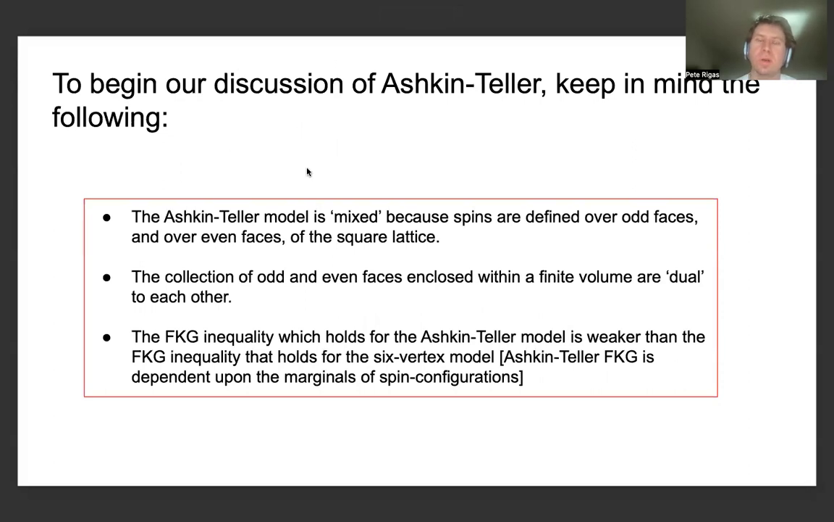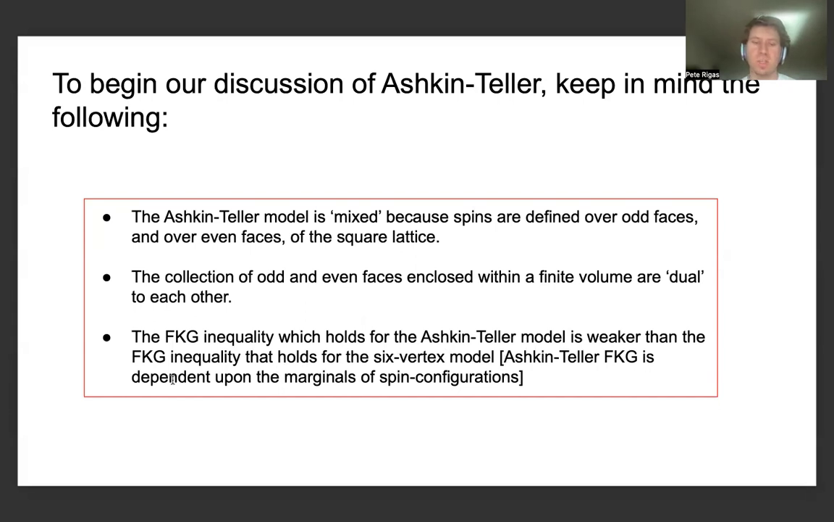And when I was originally looking at the Ashkin-Teller model over the square lattice, I began our discussion in another presentation on the channel by talking about the fact that the Ashkin-Teller model is mixed because spins over odd and even faces of the square lattice are defined separately and they're manipulated separately. And the collection of odd and even faces enclosed within a finite volume are dual to each other. And this has a consequence, as we had alluded to earlier in this presentation in the series, that the FKG inequality which holds for the Ashkin-Teller model is weaker than the FKG inequality that holds for the six vertex model,